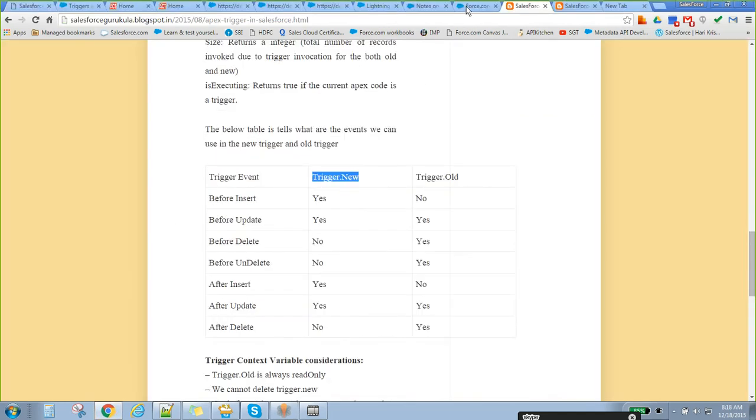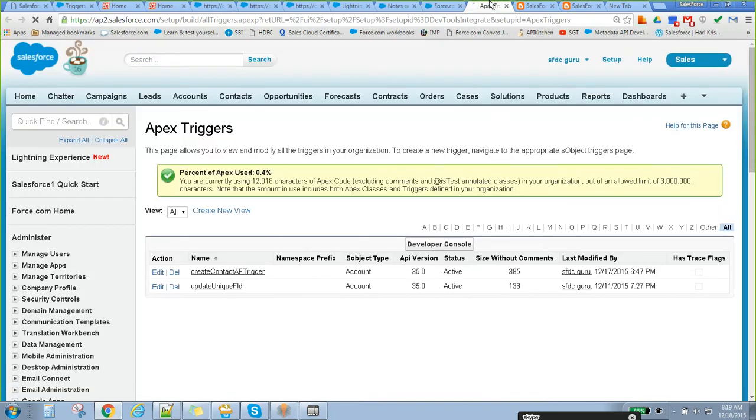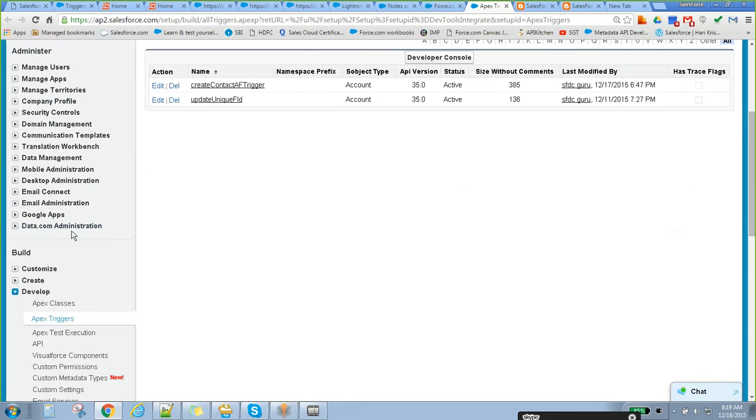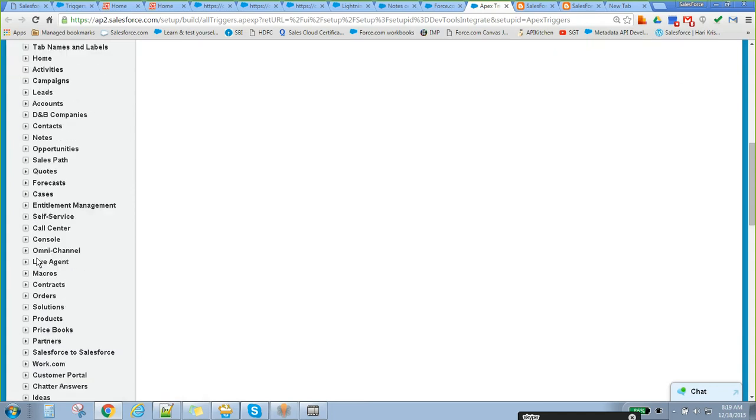In other conditions, we have to forcefully put in a validation. We can put in a validation rule, but sometimes in complex scenarios we can't use a validation rule. In that case, we have to go for a trigger. How do we come to know that the value has been changed to some other value? Let's say the customer enters the account number as 123. Once the account is created, make sure you are not able to change the account number anymore.